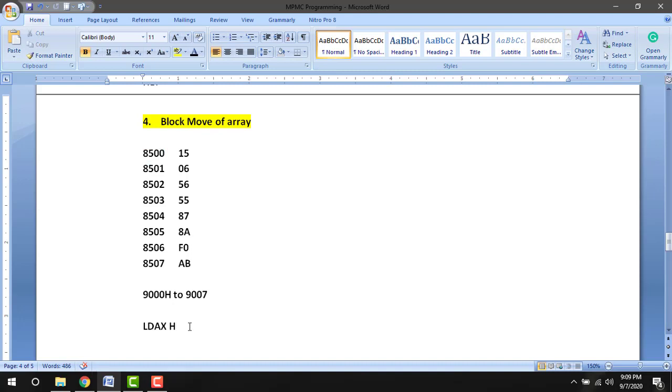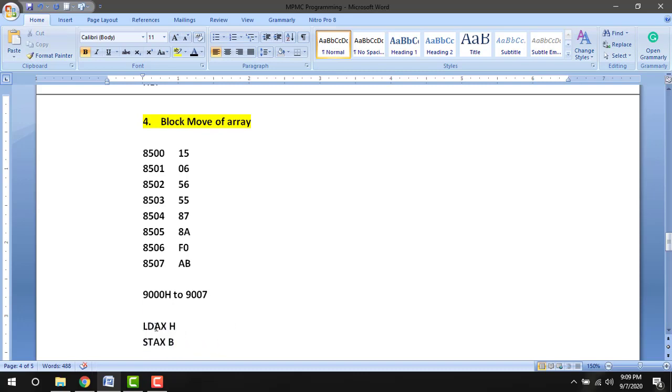Then another instruction is we are going to move the data to 9000. So for that the instruction we are going to use is STAX B. So we have to move the accumulated data to the memory, that memory address is pointed by BC pair. So this is an important instruction.